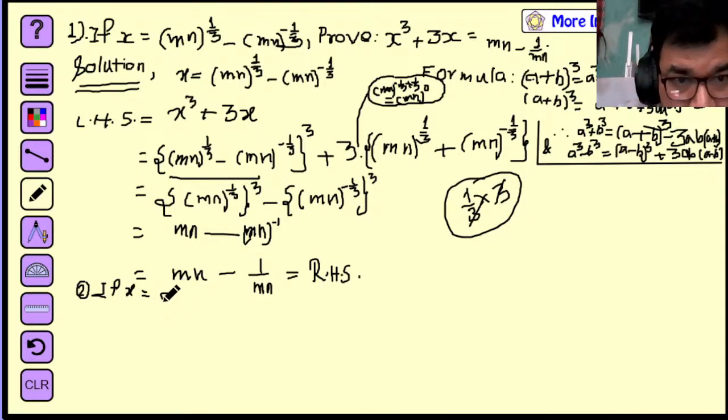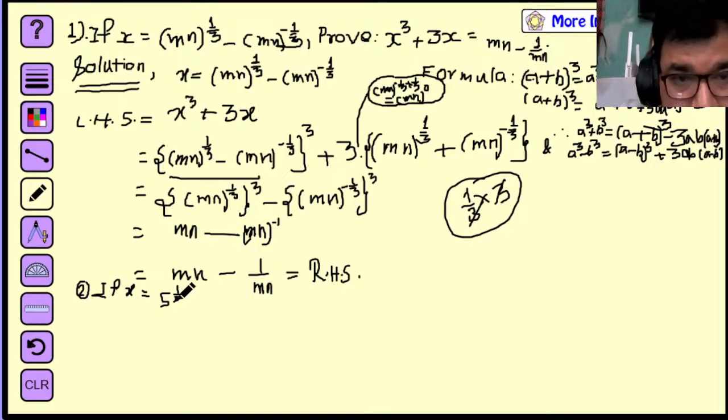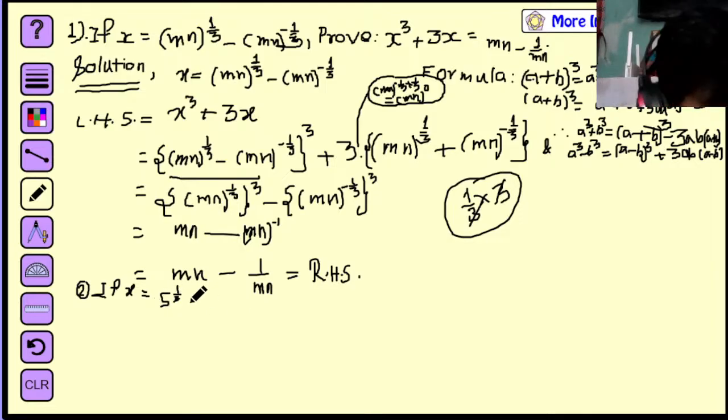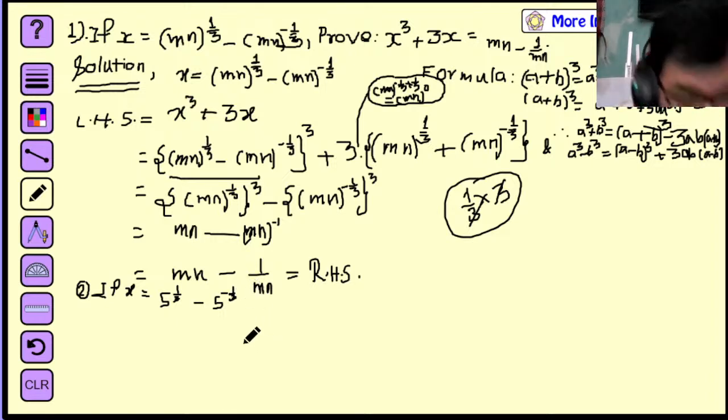x equals to, given there, 5 to the power 1 by 3, okay, this power is 1 by 3, and another value is given, minus 5 to the power, it's negative power, okay, minus 1 by 3. And then the question is asked to prove there,